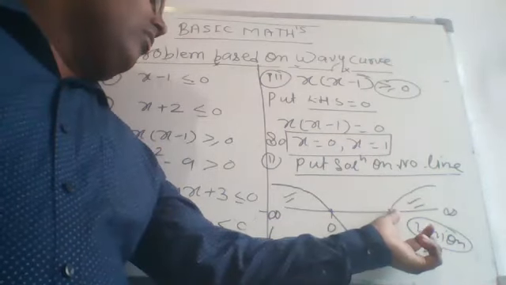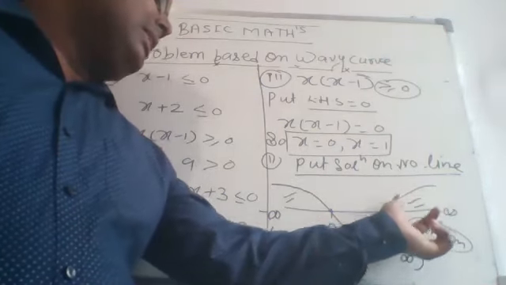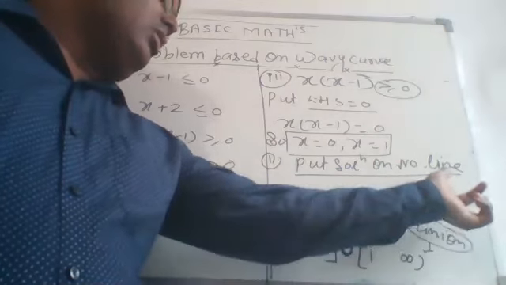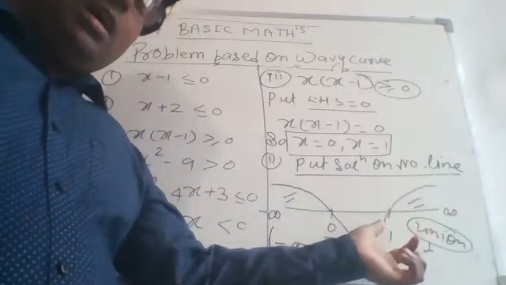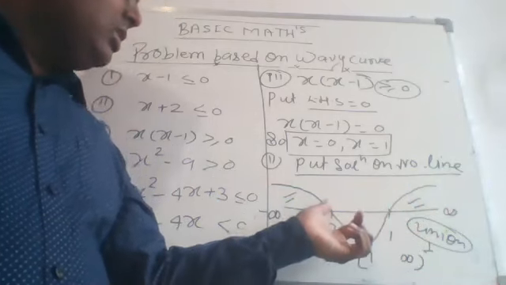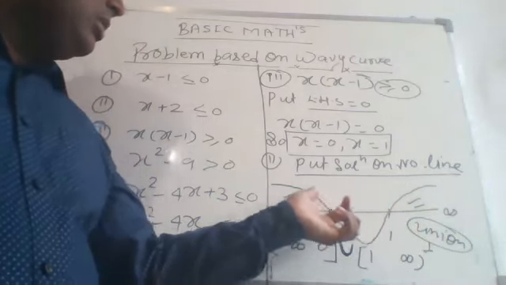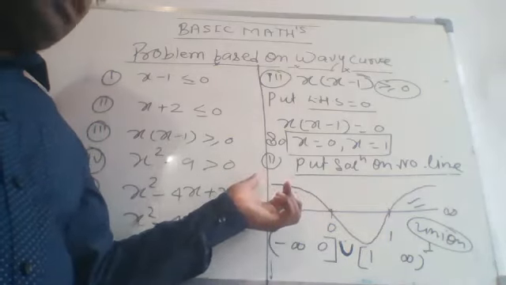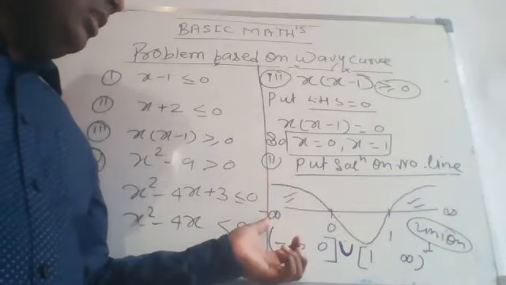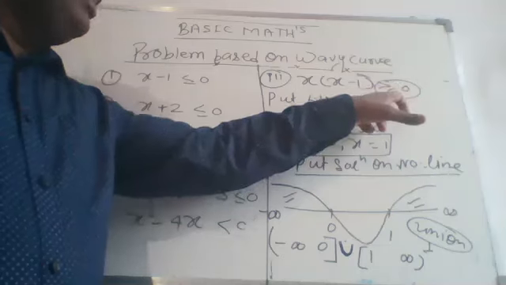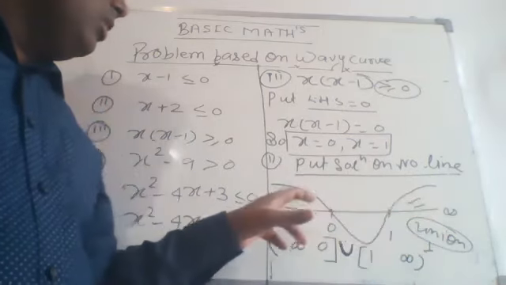Now draw the wavy curve above the number line, starting from the rightmost solution. यहाँ से start करते हुए draw. After that, what do we get? We have to just draw, and again there is a solution. So the wavy curve must pass through this, and passing like this, it is going to be terminated at minus infinity. Now here the inequality is greater, so that's why we have to take the portion above the number line.